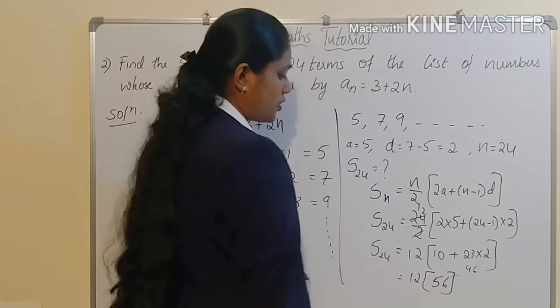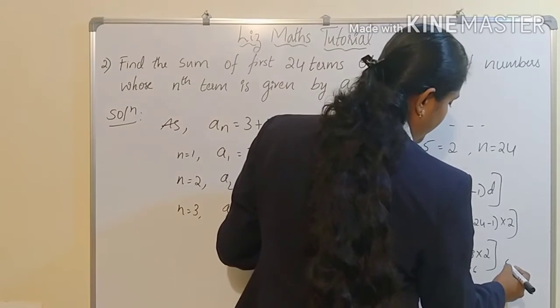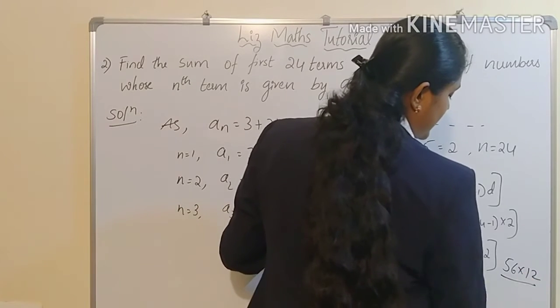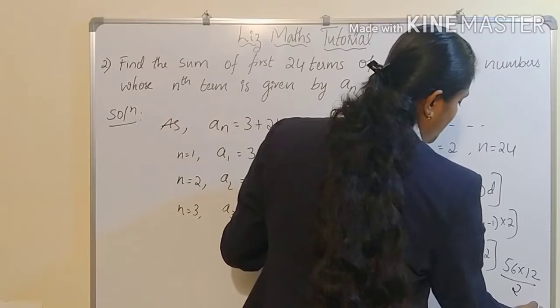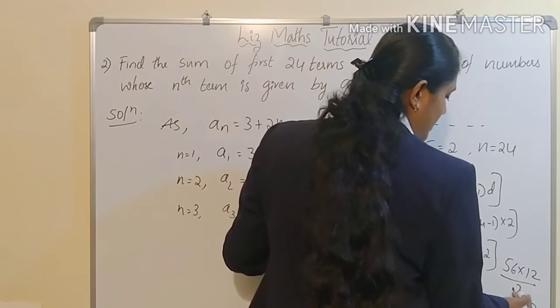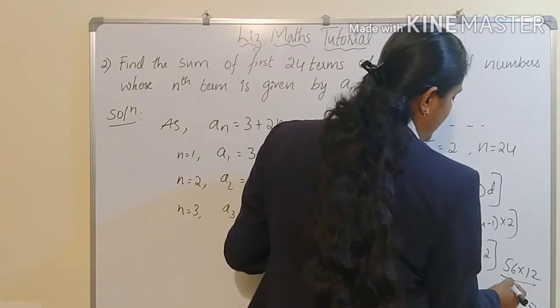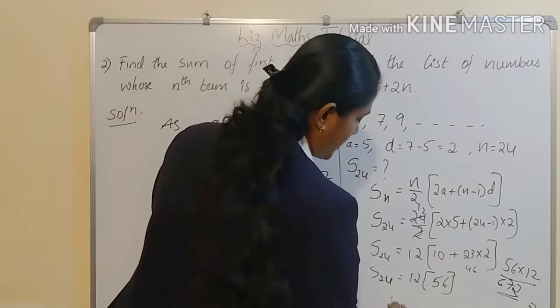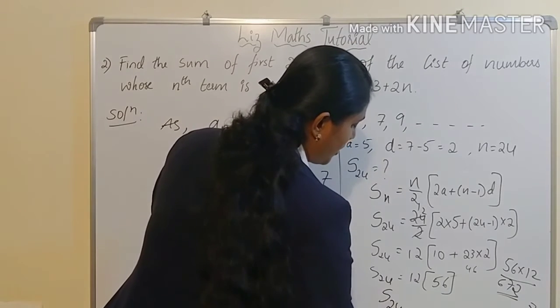Now 56 into 12: 12 6s are 72, 7 in your hand; 12 5s are 60 plus 7 is 67. So 672 you will get as the total sum of 24